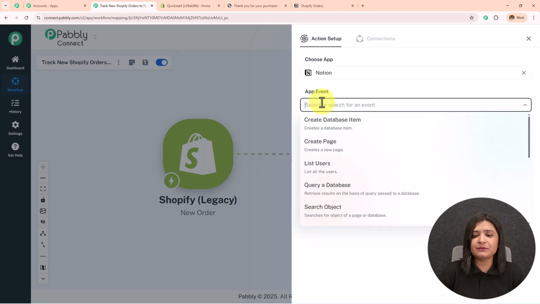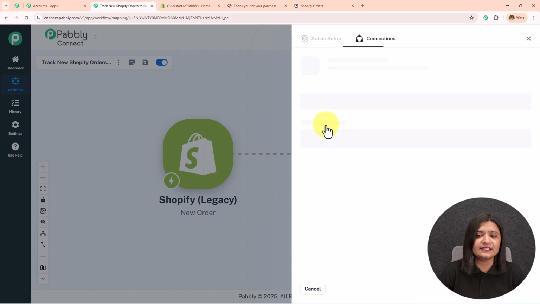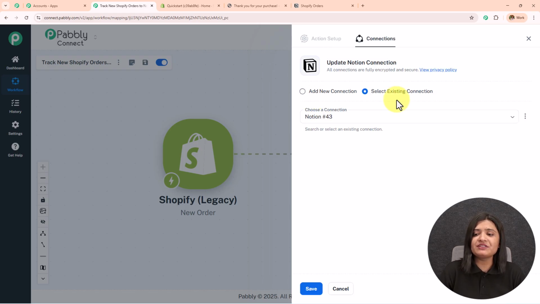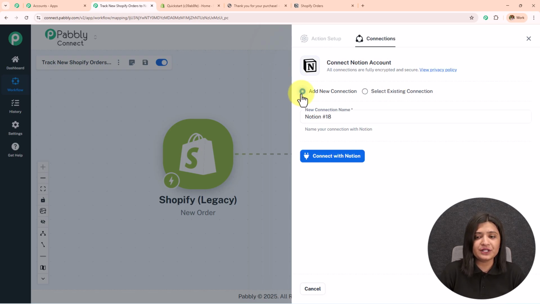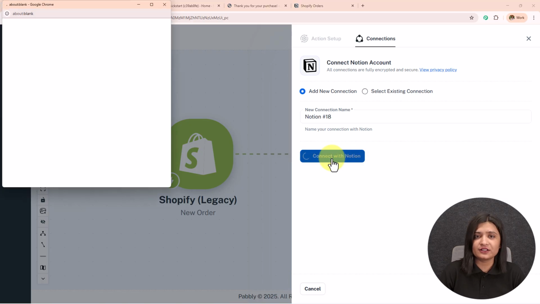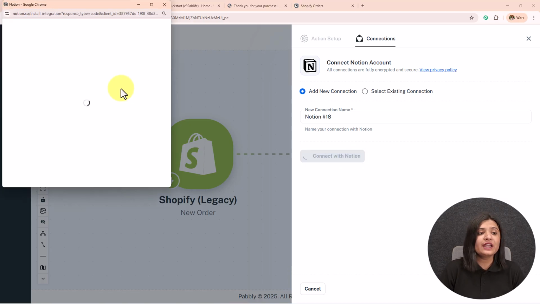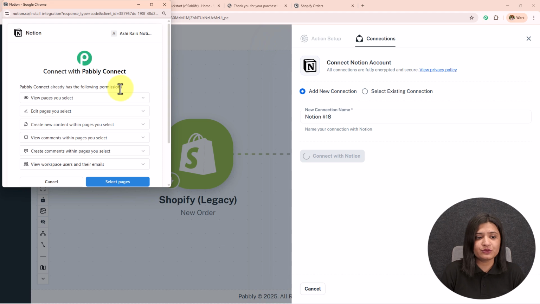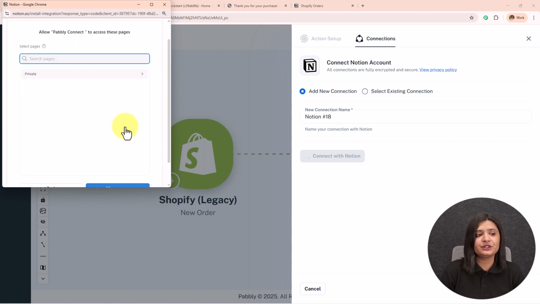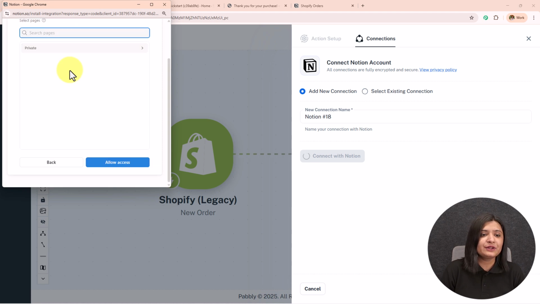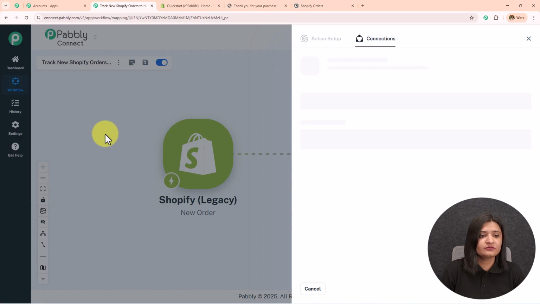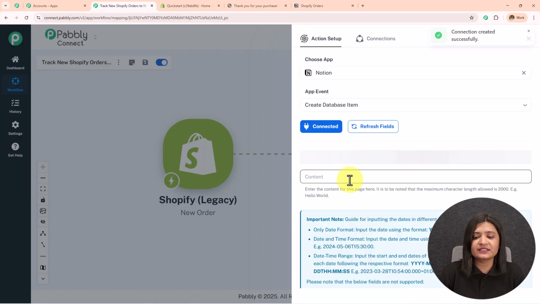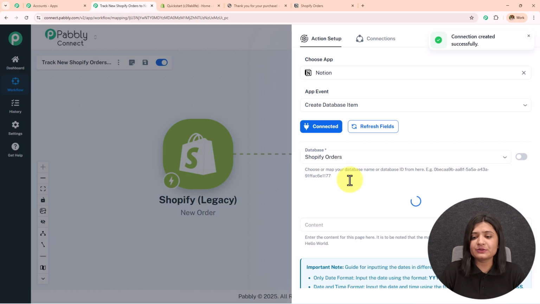In my action event, I'm going to select Create Database and then click on Create. If you have an existing connection, go with Save. If you don't have one, click on Add New Connection, then click on Connect with Notion. Now here I have already logged in to my Notion account, and that's why I'm simply going to grant the permissions, and I'm going to select the page. After doing so, my Notion will be connected to Pabbly Connect, and I need to enter the rest of the